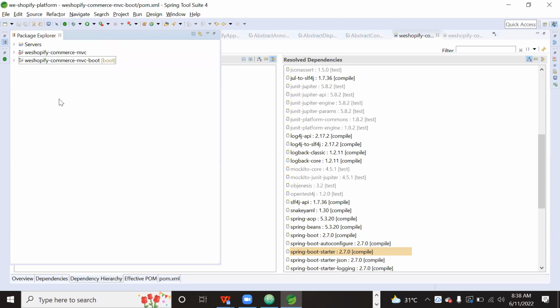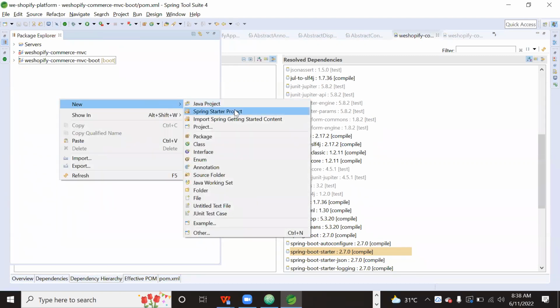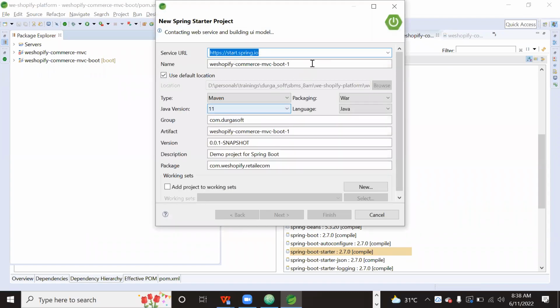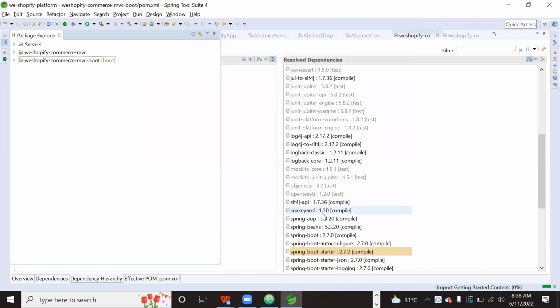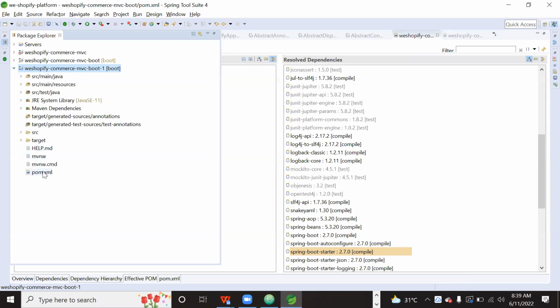That means let me create one more Spring Boot project without taking the starter web. Okay, so everything is the same. Just next. I don't select anything here, but it is a Spring Boot application. I'll just click on finish. I didn't select any starter, that means any dependency, but still it is a Spring Boot project. Let it complete the import. Yes, building the workspace. Fine, done. Now if you can see this pom.xml file,